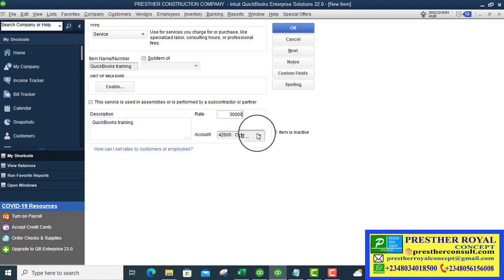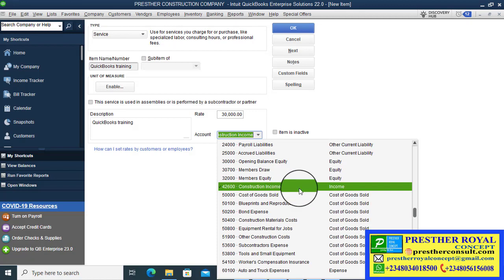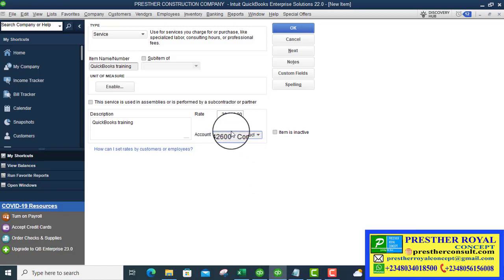Then also the account, or ledger. In case I want to use a different account, I can set up a different account for QuickBooks training or for services, which is what I will select here to track all the income on QuickBooks training